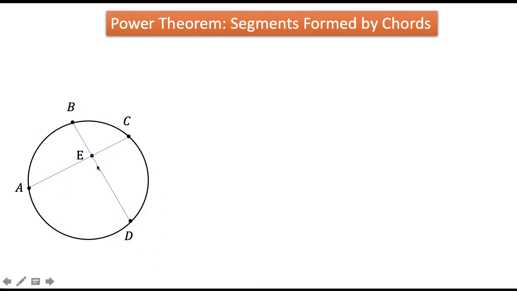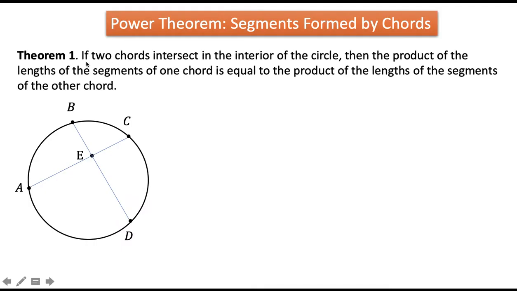Given a circle wherein chords BD and AC intersected at point E. So this given is under the power theorem, particularly segments formed by chords. The theorem states that if two chords intersect in the interior of the circle, then the product of the lengths of the segments of one chord is equal to the product of the lengths of the segments of the other